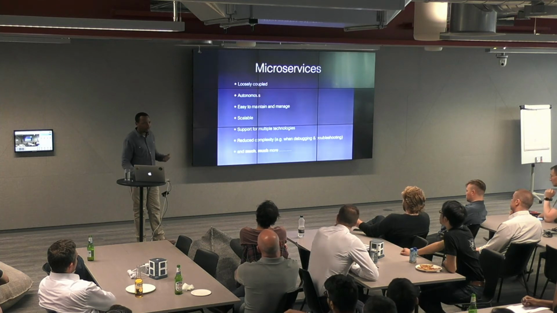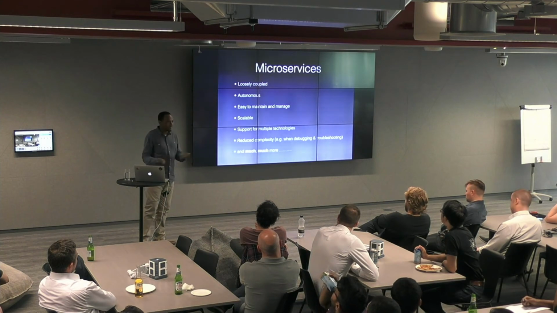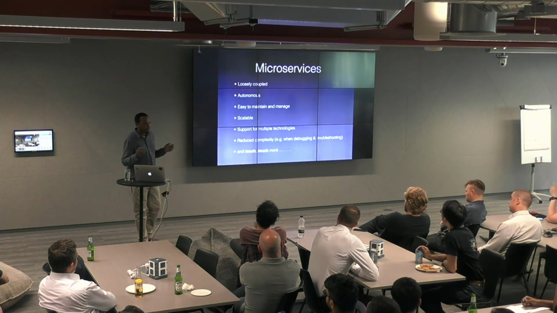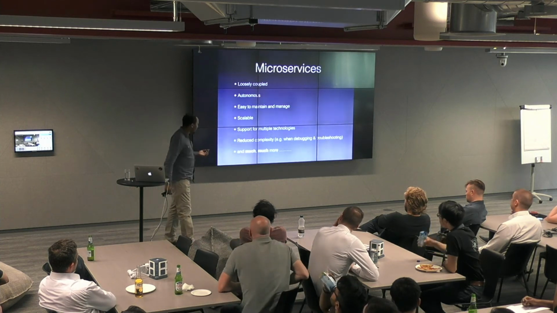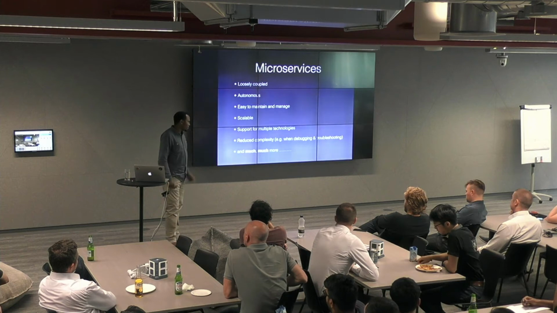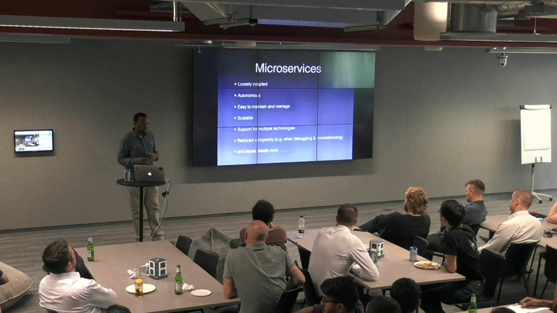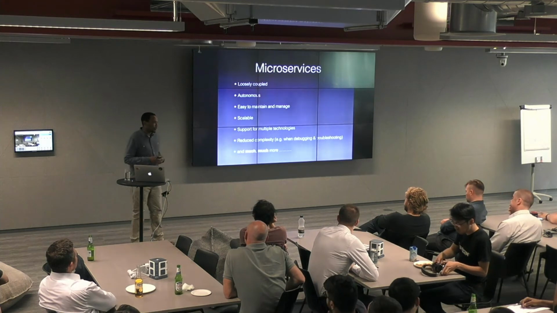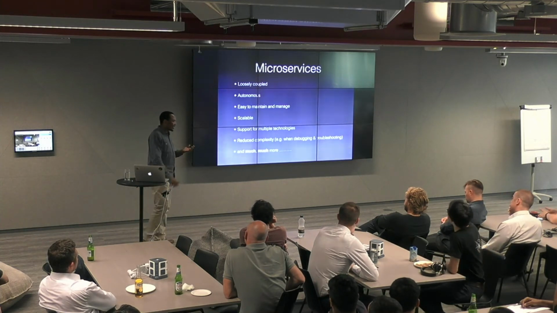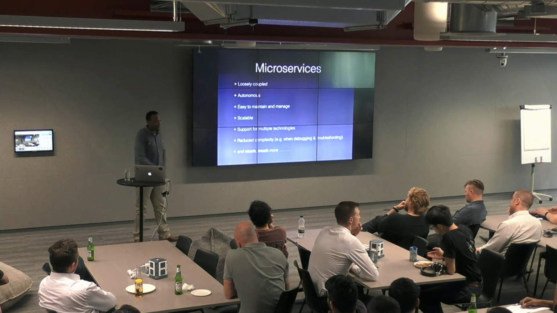You've got a huge organization: one department is more comfortable in .NET, the other department says, hey, we want to do stuff in Java. But with a microservices architecture, we can bring those all together. And the last one is a big one: there's a lot of reduced complexity. The more you break stuff up into smaller units, the easier it is to troubleshoot. For example, if something goes wrong, you can just focus on that one entity and resolve whatever the problem is. And obviously, there's much more; you can go and read up on this.